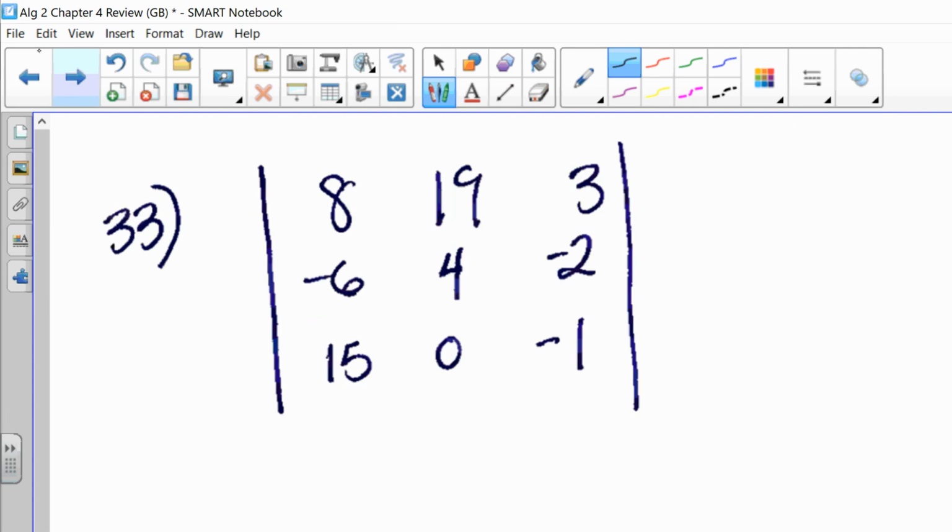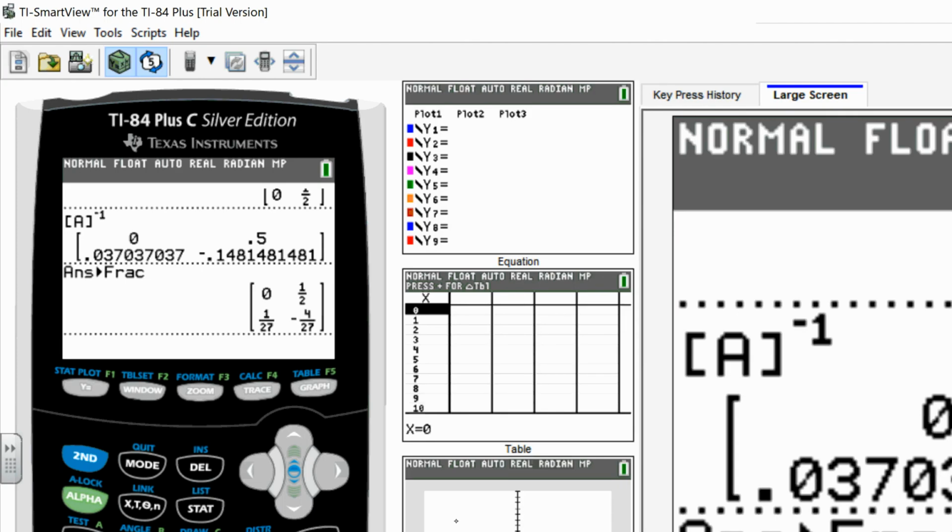32. Let's look at 33, because 33, 34, and 35 are going to be about the same, because we can do it the same way by hand. We can write the two columns out and do our diagonals multiplied together going from left to right, add those together, and subtract from it the sum of the diagonals going from right to left. Now, this one here, it does work out that it's a lot easier and a lot faster to do it